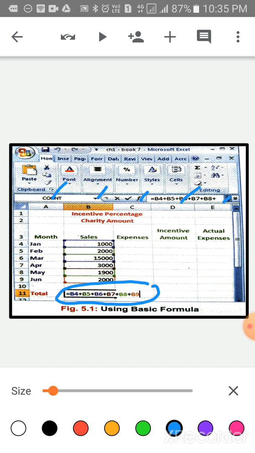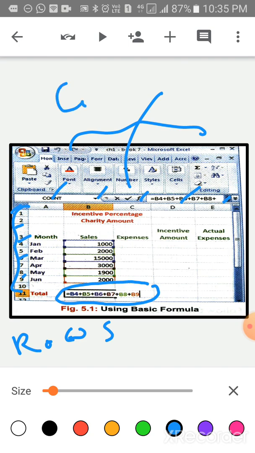Columns are indicated by A, B, C, D, and rows are indicated by numbers 1, 2, 3, 4, 5. These are rows, and these are columns.